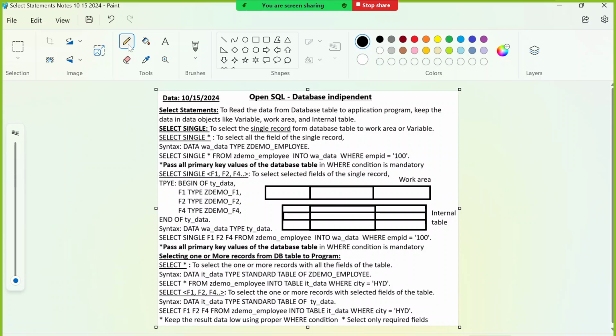Still, native SQL statements will work. I'm not saying native SQL statements are not going to work in ABAP. They'll work, but there is a dependency, right? So whenever in future there is a scope of changing the database, these native SQL statements are not going to support it. Okay,